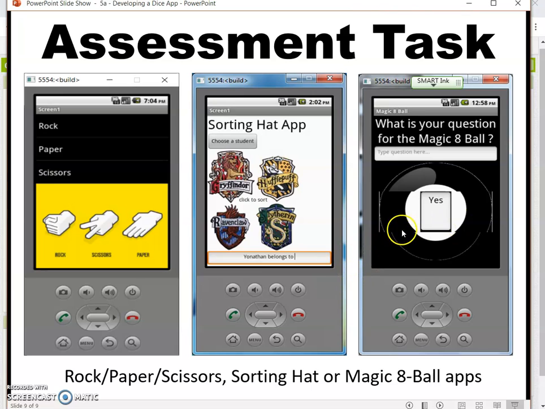So have a think about how you will approach those. You need to think about the graphics that you're going to use. You need to think about the layout. You need to think about the buttons and the way it works. Will you include shaking and accelerometers? Will you include sound clips in how the app works? This is all part of your design to make a good looking and effective